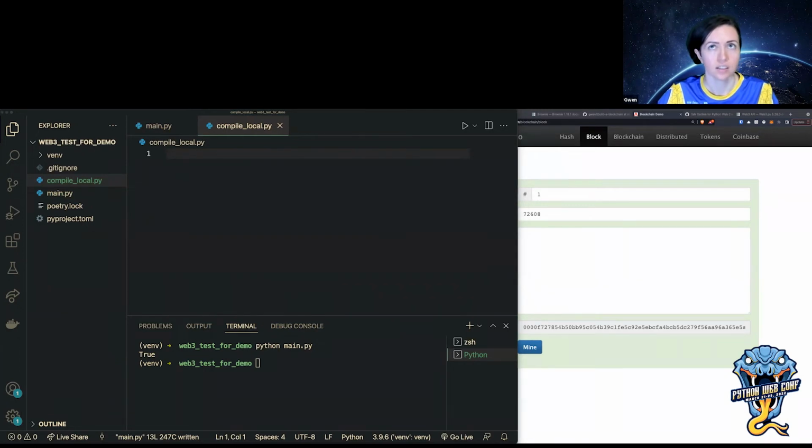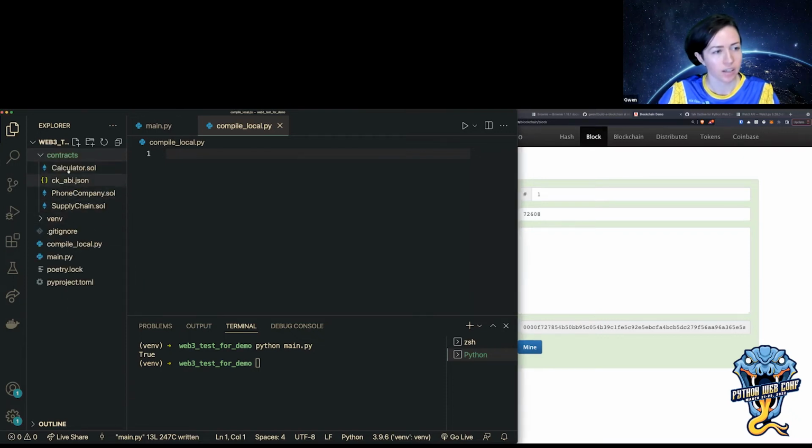I need a couple tools to be able to do this, and I also need contracts to be able to compile. So I pre-wrote these contracts. I'm just going to paste them here. I have a couple contracts that I've made in the past that I can just play around with.